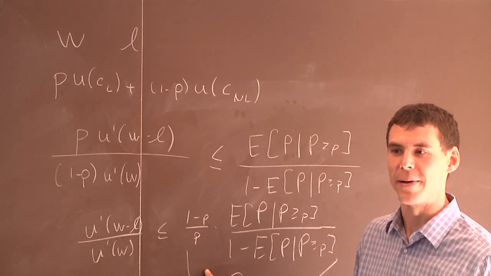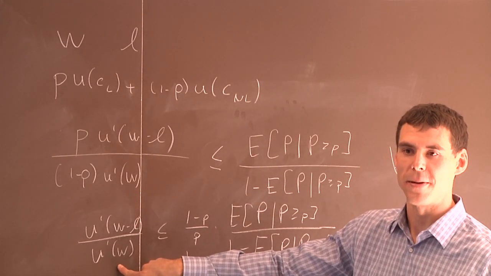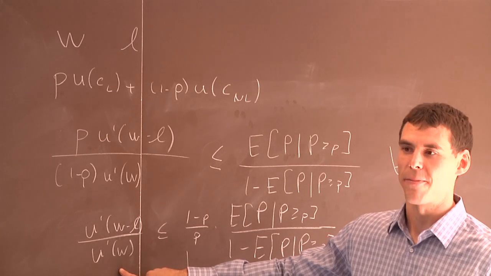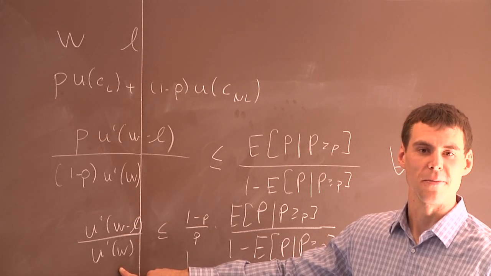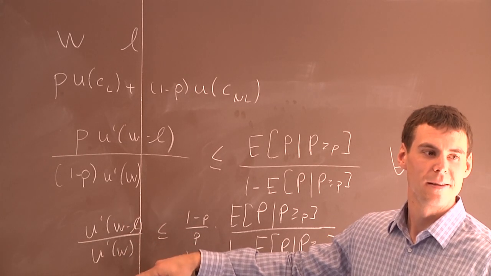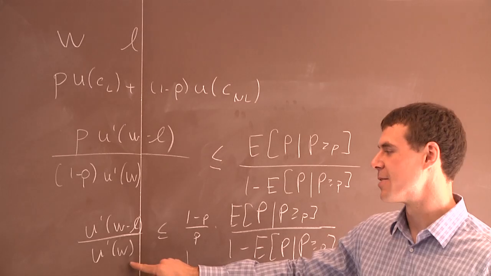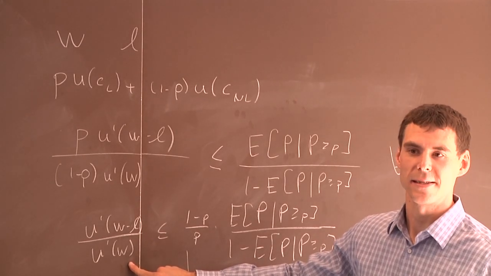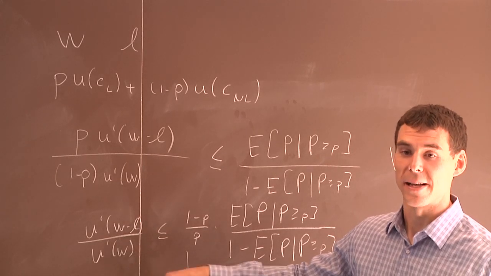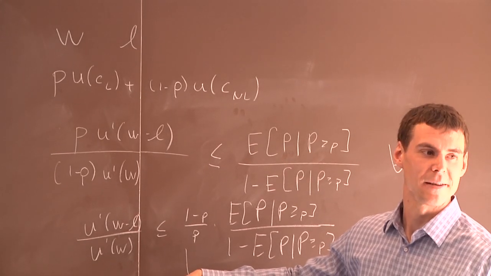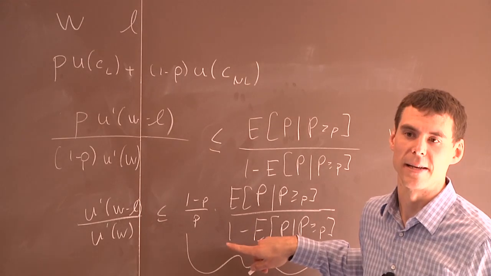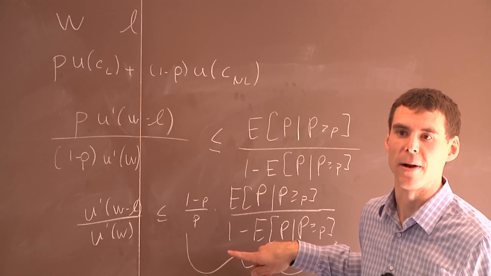Okay. So now you can think of this as the markup that's imposed on insurance contracts by the presence of private information. And you can think of this as the markup that people are willing to pay for insurance. If you think back to the Baily formula, if you guys talked about unemployment insurance, this is like your willingness to pay for some unemployment insurance. And in the unemployment insurance model, you contrast this with the duration elasticity, the cost imposed by increasing unemployment insurance benefits. That's a world where moral hazard is your fundamental constraint. In this world, private information is the fundamental constraint, and this number characterizes the barrier to trade imposed by private information.